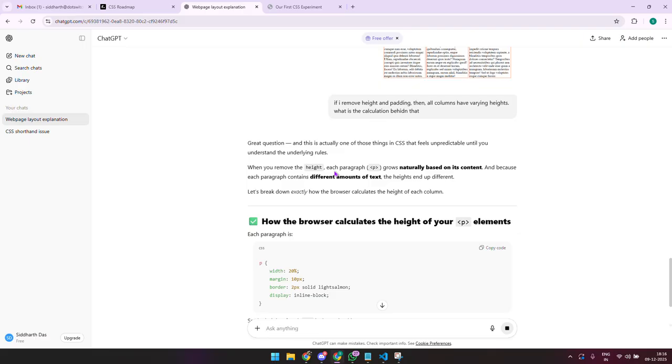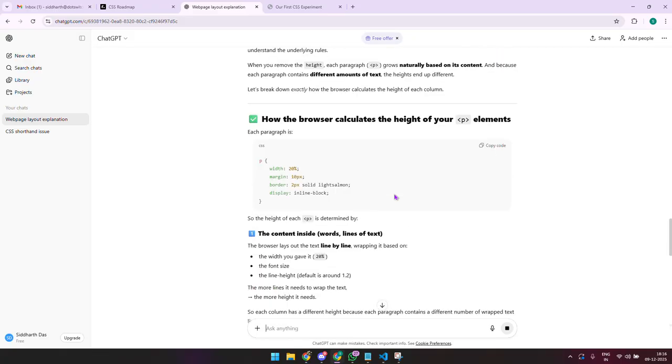When you remove the height, each paragraph grows naturally based on its content, and because each paragraph contains different amounts of text, the heights end up different. Let's break down exactly how the browser calculates height. Each paragraph is